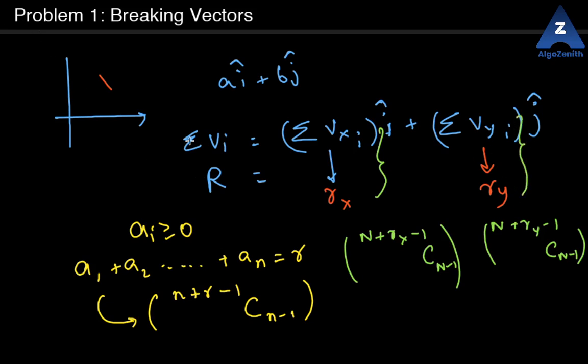Okay, now with these two parts, how do we get the total number of solutions for the whole equation? It's just the product of this, because any solution that satisfies this along with any solution which satisfies this will satisfy the whole equation, right? So it's like any solution over here multiplied with any solution here, so it's like the cardinality of both the solutions getting multiplied. So it's like the simple product rule of combinatorics. So you just need to take a product and you will get the answer. Now that's the whole idea. This is the whole solution, like this is just the answer.